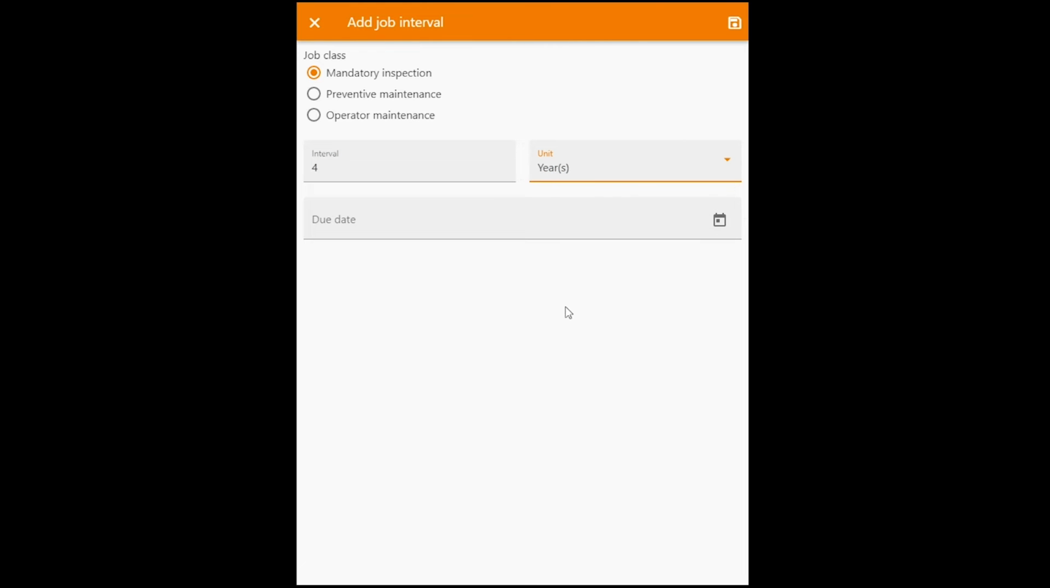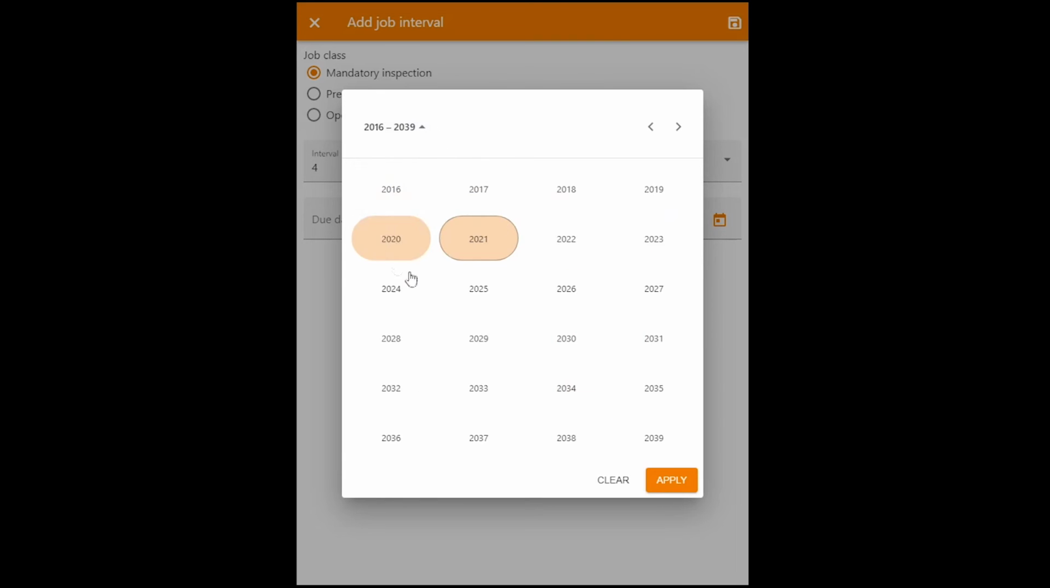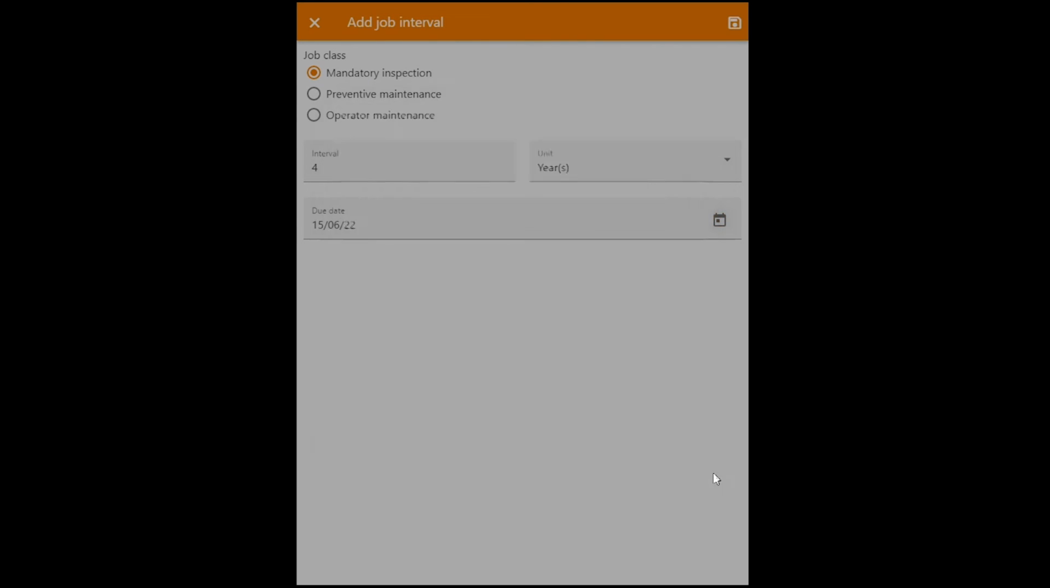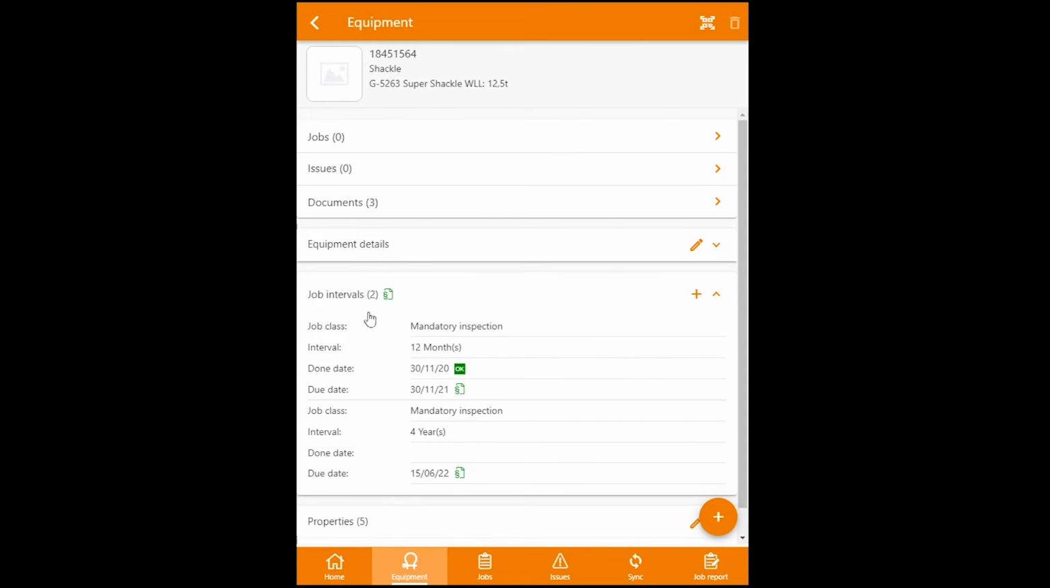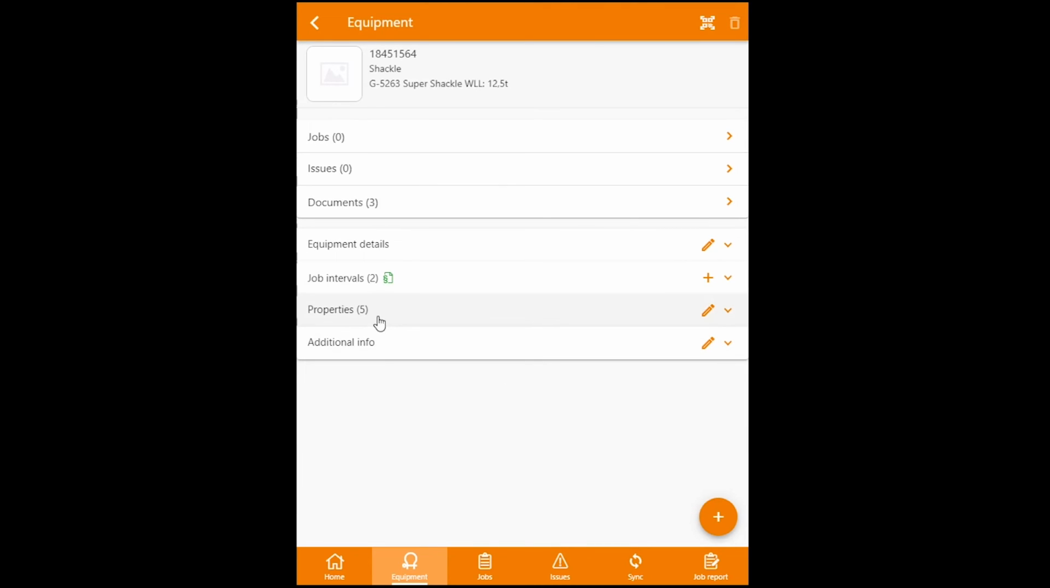We can leave the due date open if we want, or we can set it like so, by going back to the years, then to the month, and then to the day. Apply. And click on save here at the top right. We have now 2 job intervals, one 12 months, and one every 4 years. And then we have